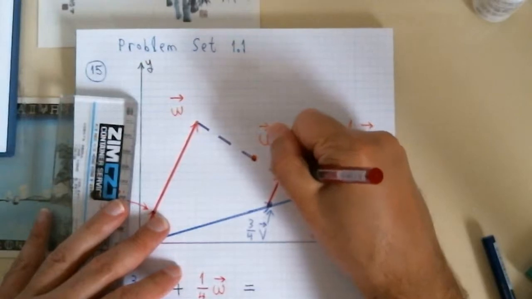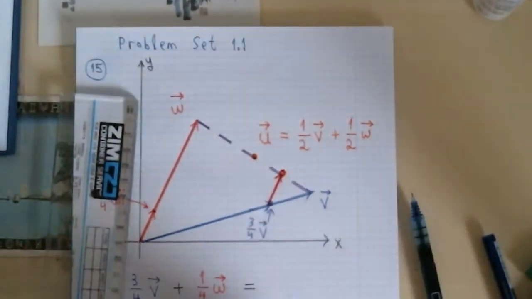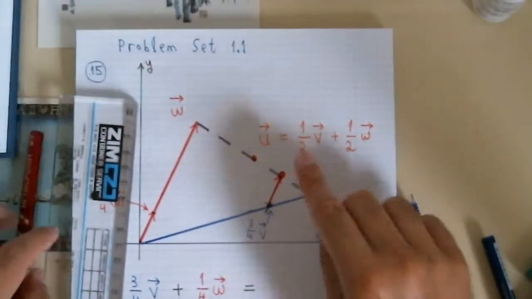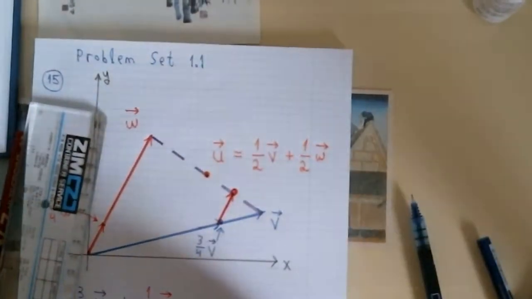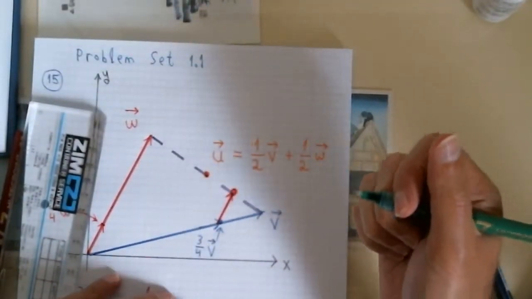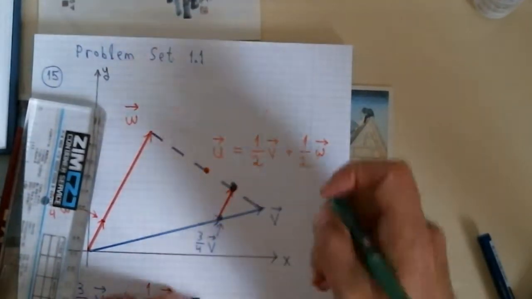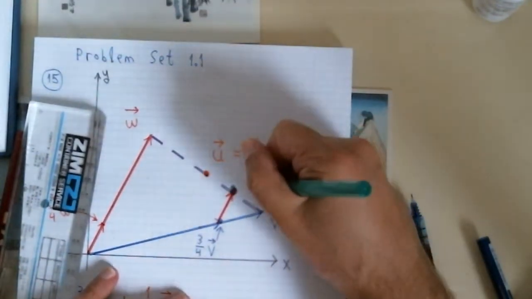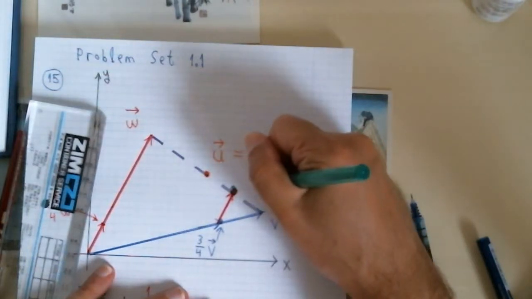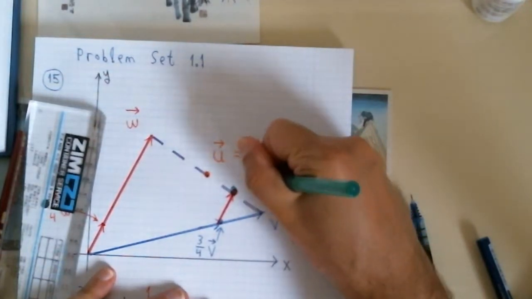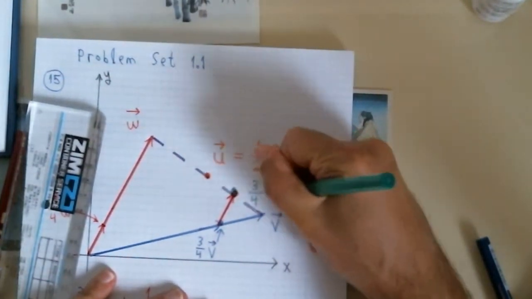Okay, so in this point, the red point, I don't know why I made it red. Let's make it in another color. Let's make it green. Okay, so in the green dot, this is 3/4 of V